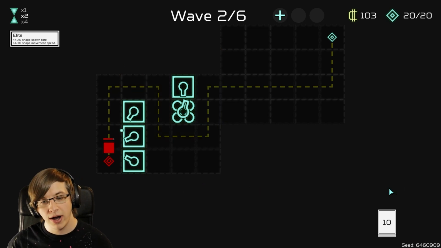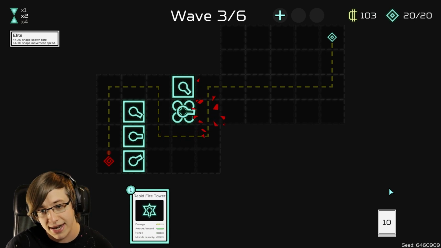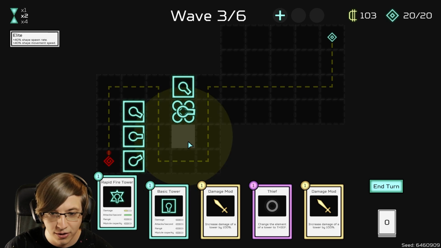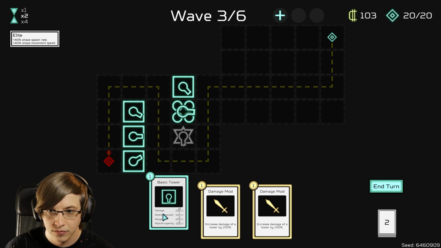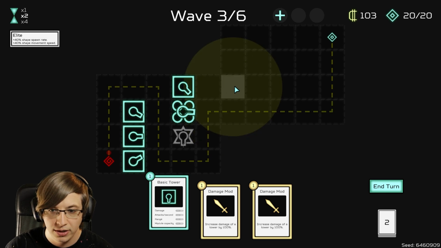I want to wait for the Thief. I want to put that on the Rapid Tower. I think that'll earn us a lot of money. Now, I don't really remember if money in this game is a great thing to have, but okay. Rapid Fire, give it Thief. And I guess we will... I really want...